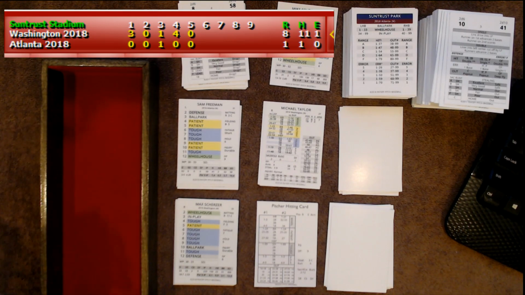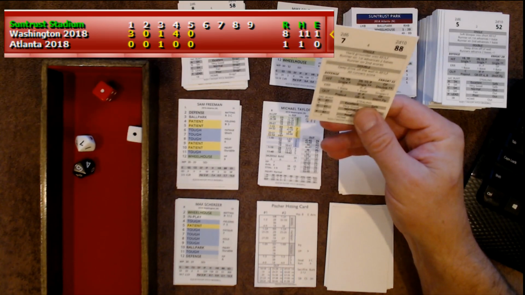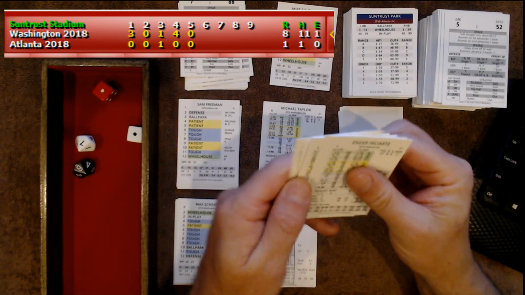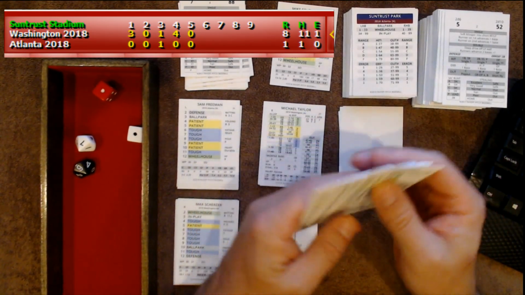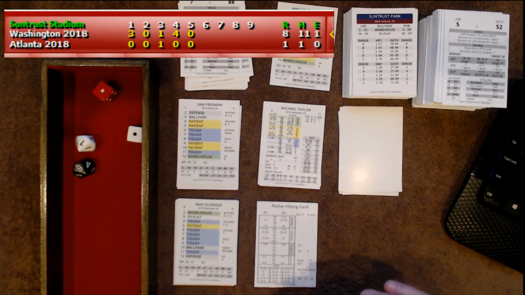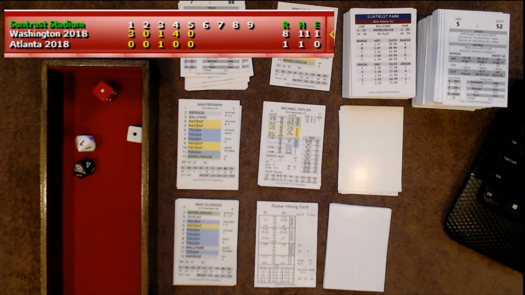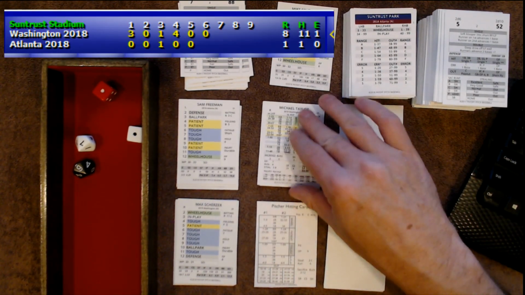Michael Taylor, haven't got him out yet either. He's 3 for 3, a double and 2 singles. That's a 2. That's going to be a defensive check. A defensive check is going to be an error on the shortstop. Error on the shortstop, that's going to be cumbersome. His error at short is a 5. So a 5 error check. 1 to 26 is an error, and it won't be an error this time. So ground ball to short. 2 away. Oh, no, that was the 3rd out of the inning. I'm sorry, that's correct.